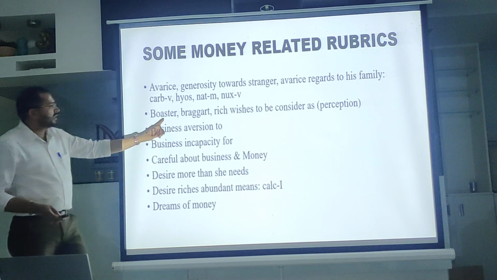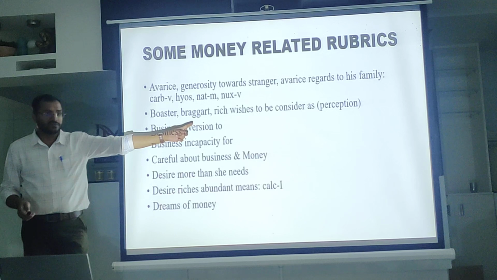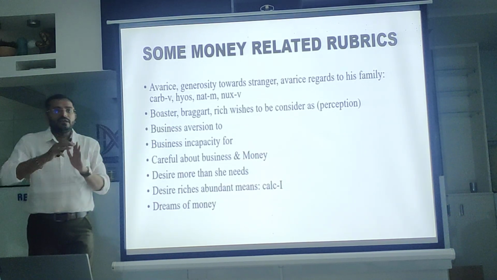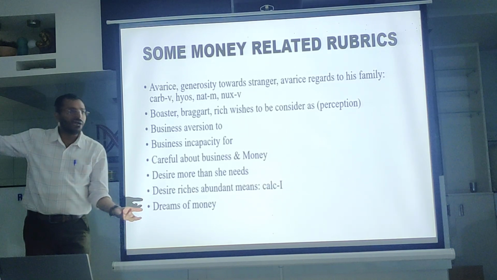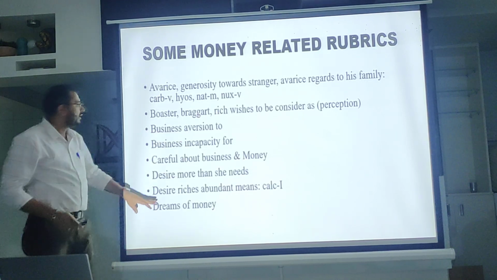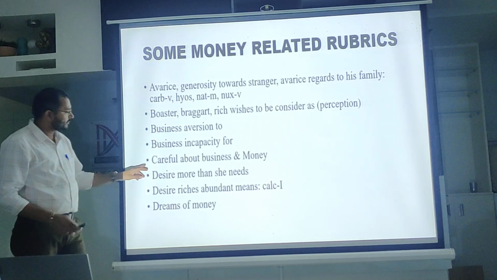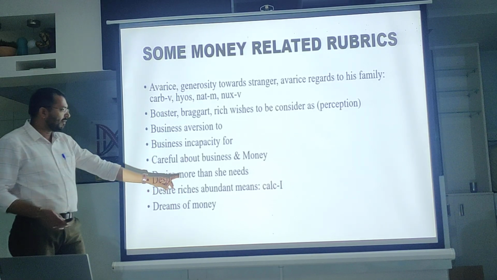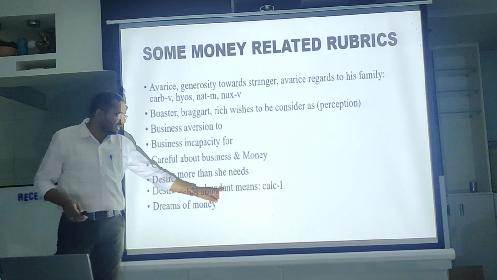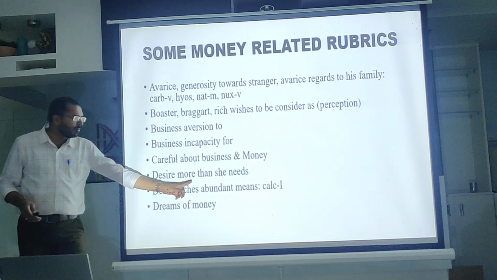Okay, boaster, braggart, which is to be considered as a perception; it is not just boasting. It's a perception, because this is the reverse perception of poor. I am poor, that's why I am showing off. So that is a perception. Business aversion to, business incapacity for, these are the situational conditions. Careful about business and money, desire more than she needs, psychotic. Okay, desire riches abundant means only remedies can carry out. Desire riches abundant means